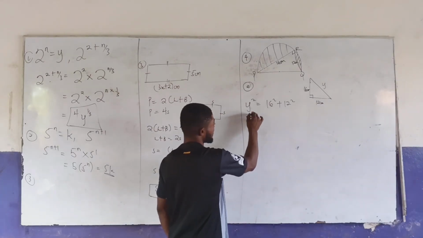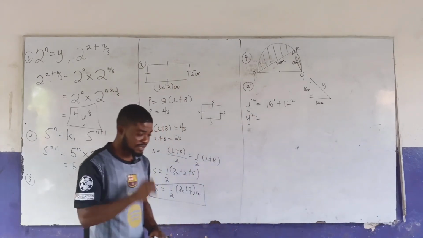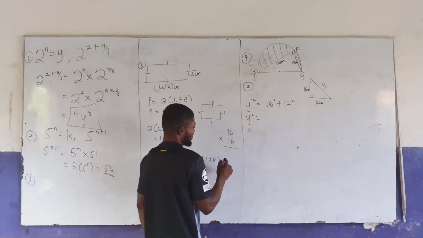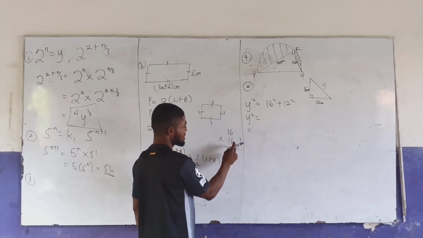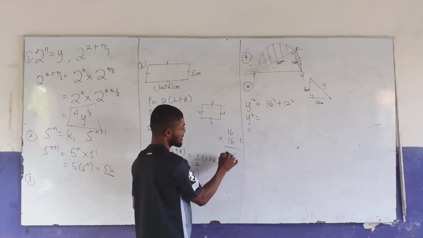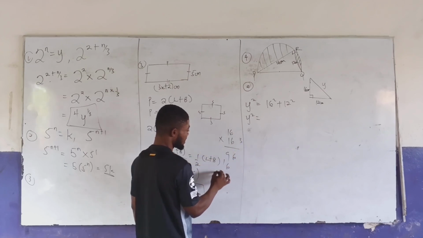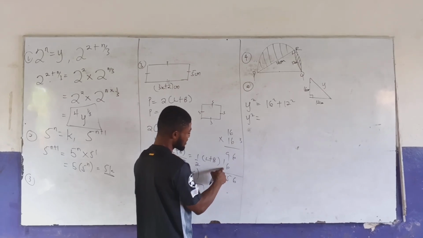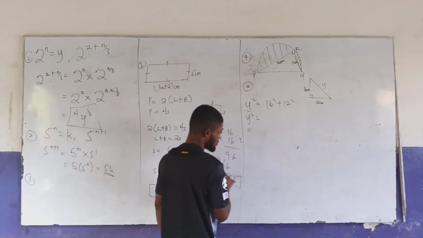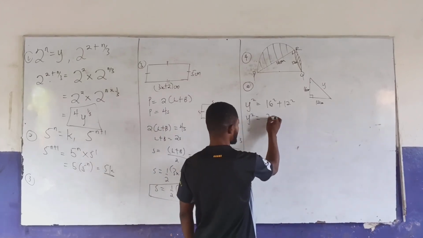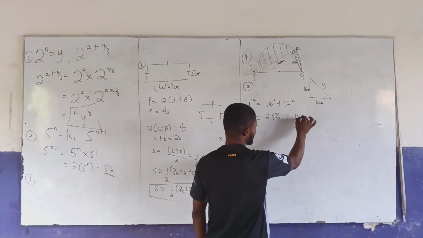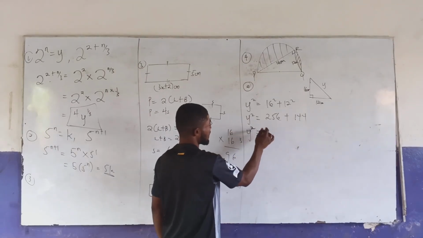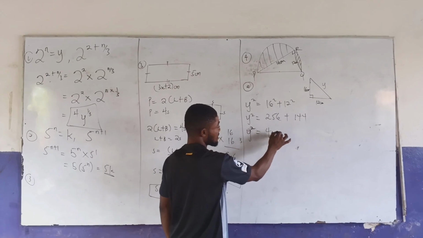So y squared equals 16 squared, which is 256, plus 144. Now y squared is equal to, this is going to give us 400